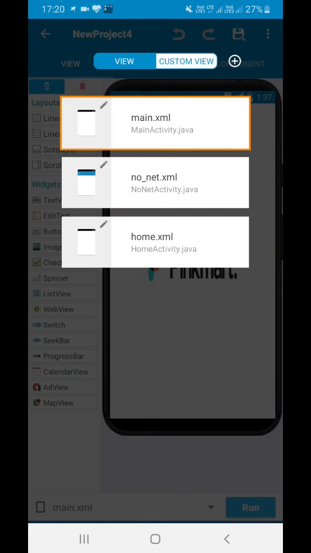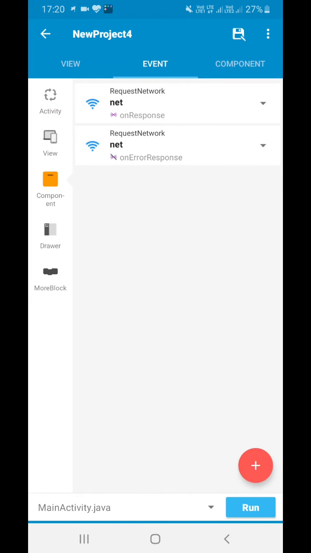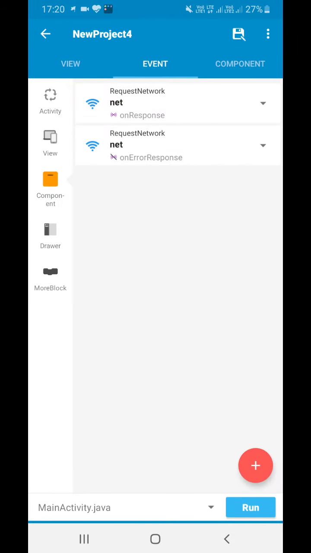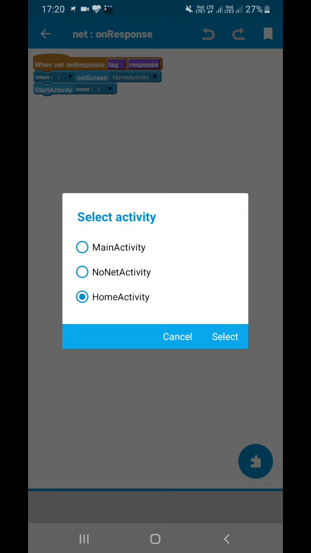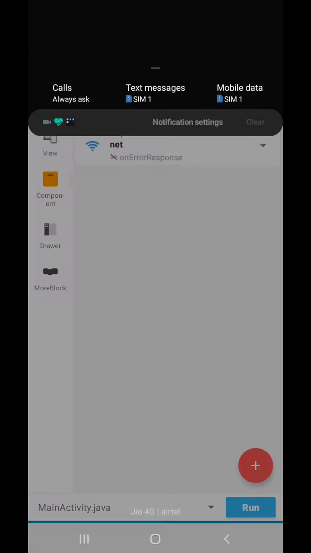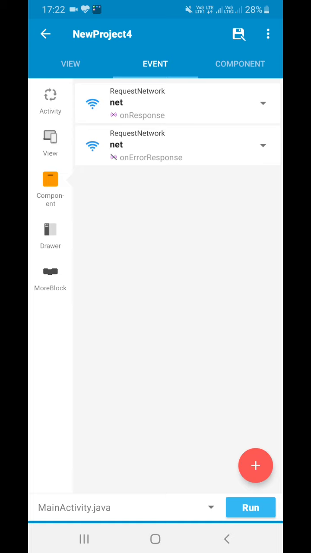Other than this, the two activities are empty. Now on the component on response we have to use an intent, and I am redirecting it to the home activity. So the on response component has been configured.